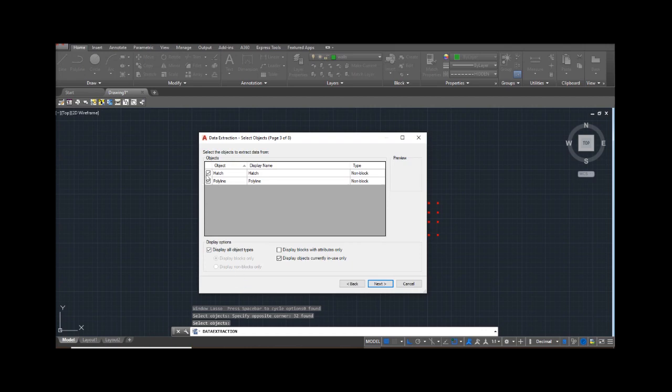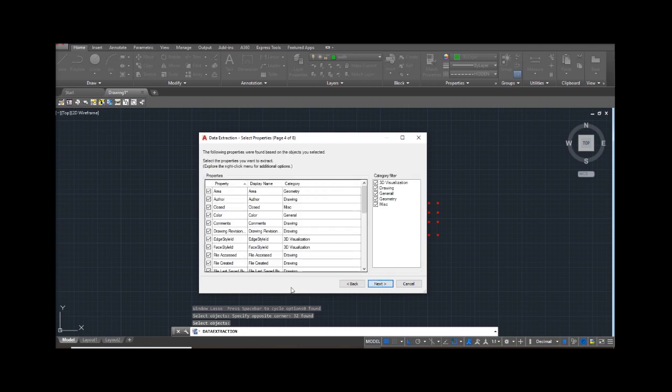Here it will ask what you want to include. There are two things in this. One is polyline, another one is hatch. I don't want hatch, I need only polyline, because we can calculate using polyline only. So I'll select polyline. Then next. It will ask these all things, but we don't need these. Right click on this, uncheck wall. You need only two things. One is area, second one is the length. Click on these two and go for the next.